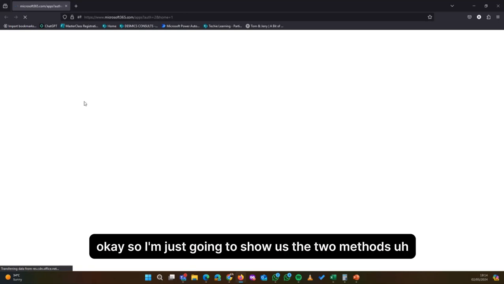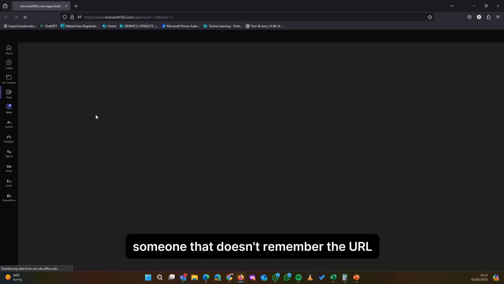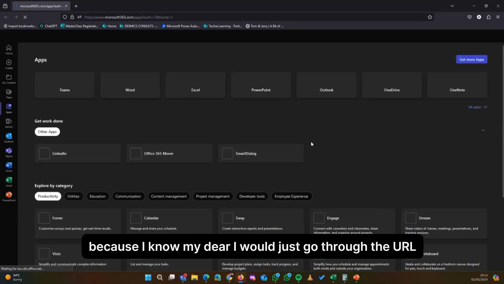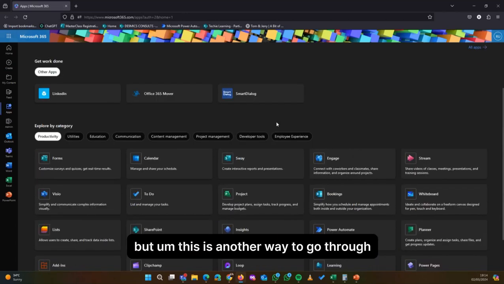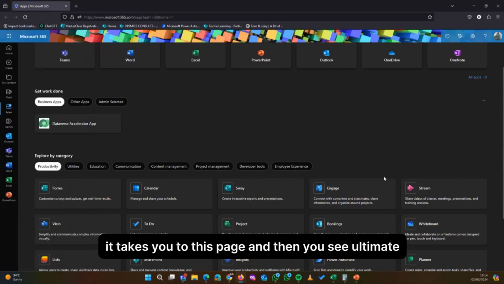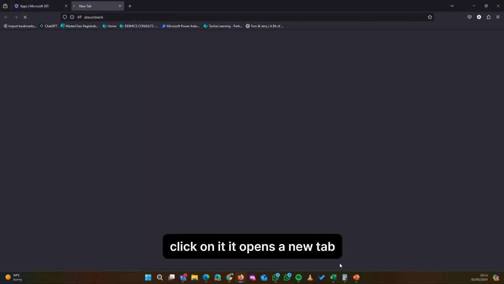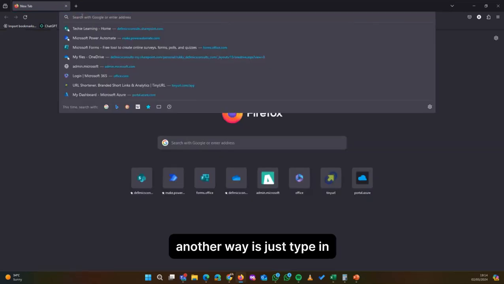Okay, so I'm just going to show us the two methods, for someone that doesn't remember the URL, because on a normal day I would just go through the URL, but this is another way to go through it. You go through your app launcher and explore all apps. It takes you to this page, and then you see Power Automate. Click on it, it opens a new tab. That's one way to get to Power Automate. Another way is just type in